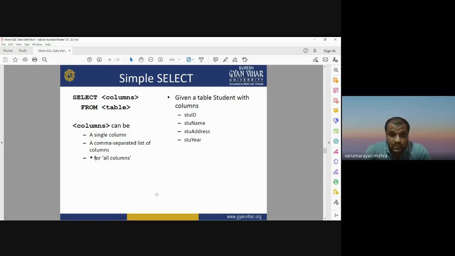Okay, so given a table student with the columns student ID, student name, student address, student year, we have a table with these kinds of data: ID, name, address, and year. Okay, and we have the table with all these values. Now we are going to select some specific values from our table. For that,